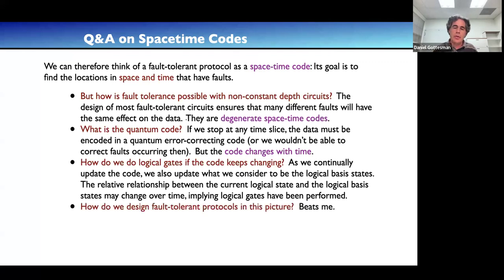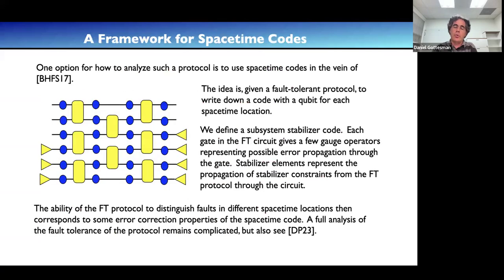Okay. And then the last question, which is a really important one, is how can you use these ideas to build fault-tolerant protocols? And in particular, how to build better fault-tolerant protocols than the ones we have now. And I really don't have a very concrete idea of that at this point. Although I have some additional ideas working with some other students that may help, but they're still in an early stage. So okay, but let me say a little bit about what we do know about these codes.